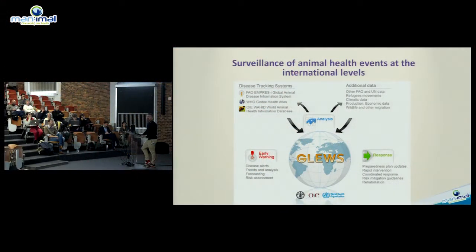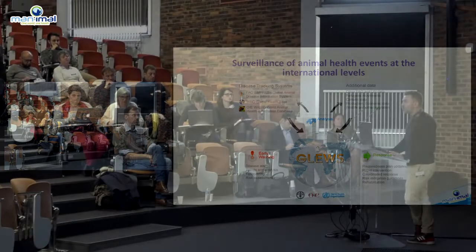At the international level, we have something called GLEWS, the Global Early Warning System. This platform is quite interesting because you have WHO and OIE, the International Organization for Animal Health, working all together in bringing information from the field on events, disease, rumors of disease, because usually you don't always have certain knowledge of what's happening in the country. You might have just rumors from newspapers.